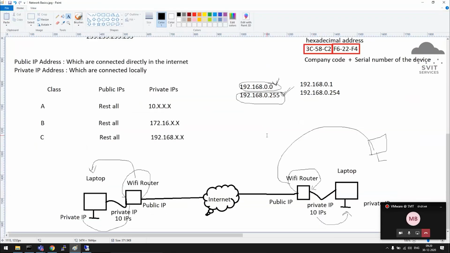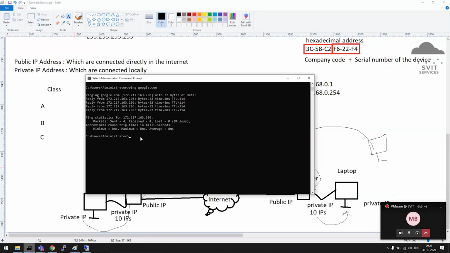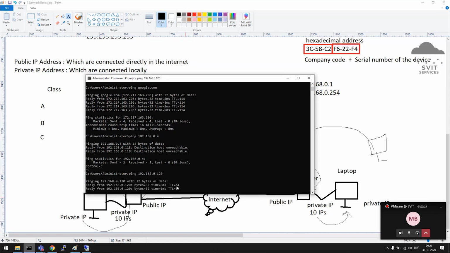Now we'll see, at least in our lab, how to identify in real time. A separate team will provide you the IP addresses. In our lab, at least, how to test: ping one random number, like 192.0.something, when you're creating a virtual machine and you need to assign one IP address. You ping 4. If it is not replying with a TTL value, and shows destination host unreachable or request timed out, that means it is not used and you can use it. If it is replying with some TTL value, that means it's already allocated to some other device.